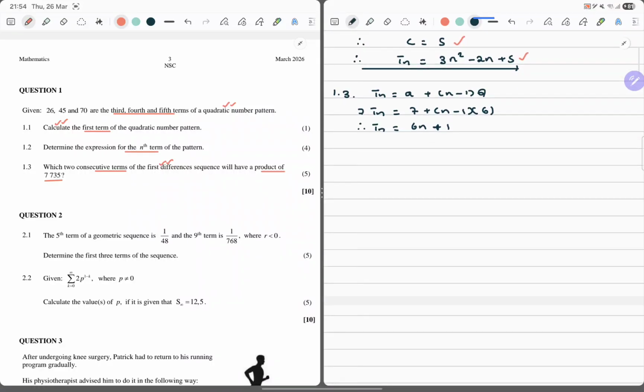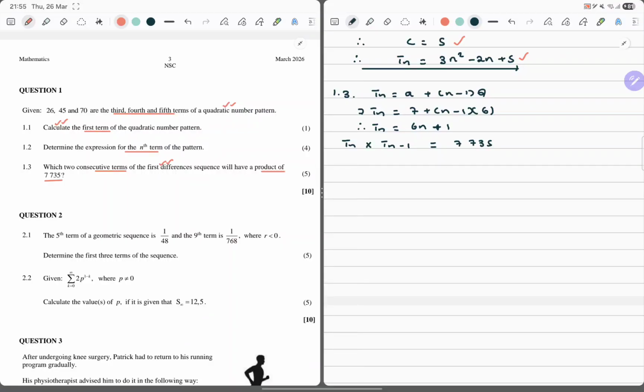Now folks, this is the general term for the sequence of the first differences. What we're going to do, we know that we are being told that tn multiplied by tn minus 1. Remember, these are the consecutive terms. We either start with the one ahead or the one before, it's not a big deal. We are just being told that this should be